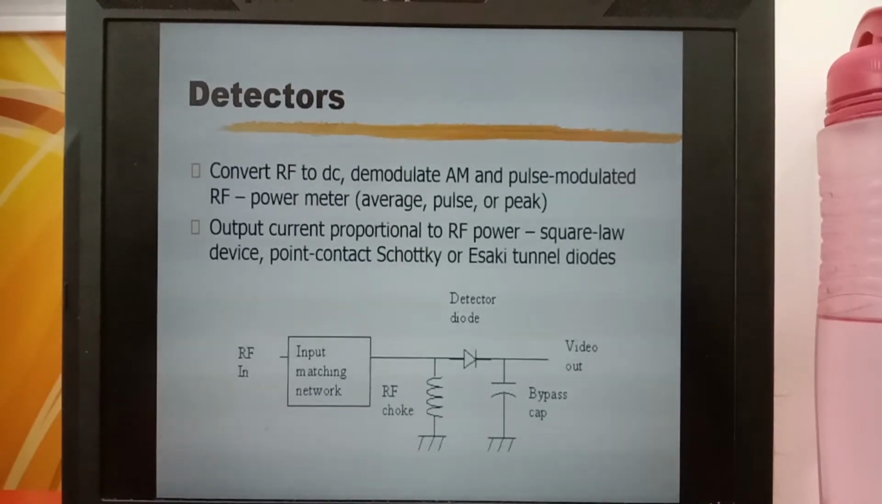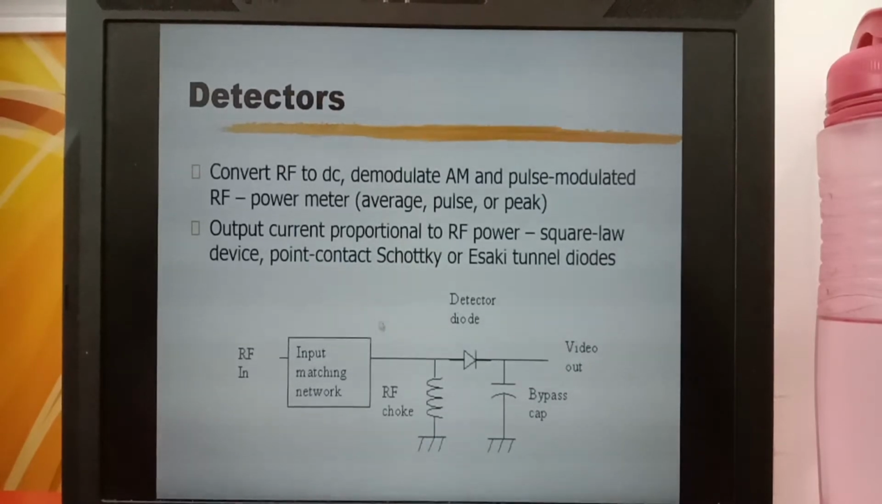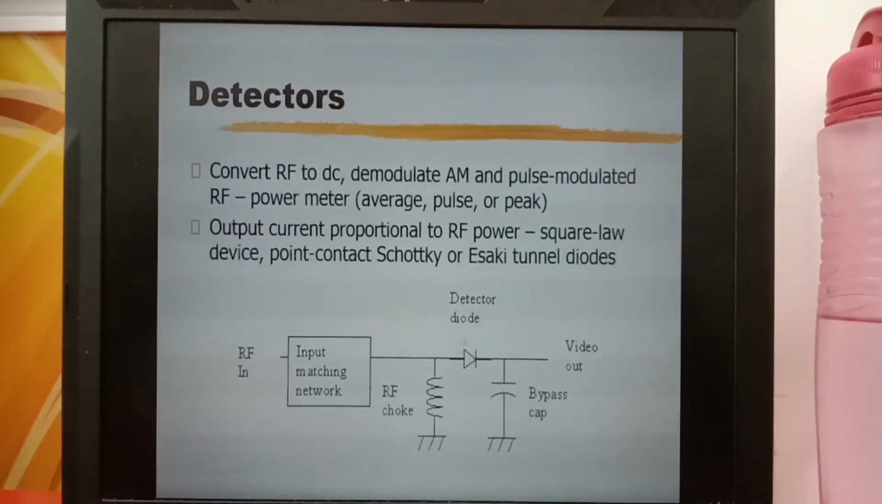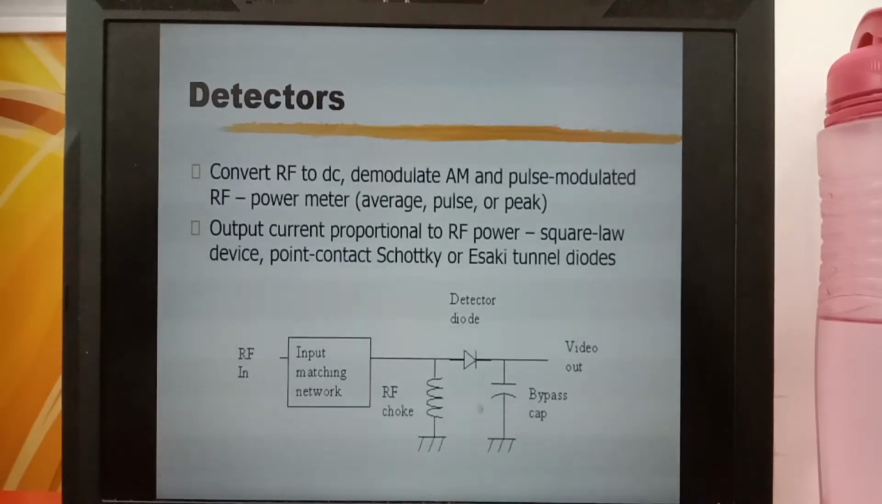This is a typical diode detector circuit. The diode is a rectifier with a radio frequency signal at the input. The diode is turned on for half a cycle and turned off for the other half cycle. Therefore, at the output of the detector, we get a half-wave waveform, and with a bypass capacitor which acts as